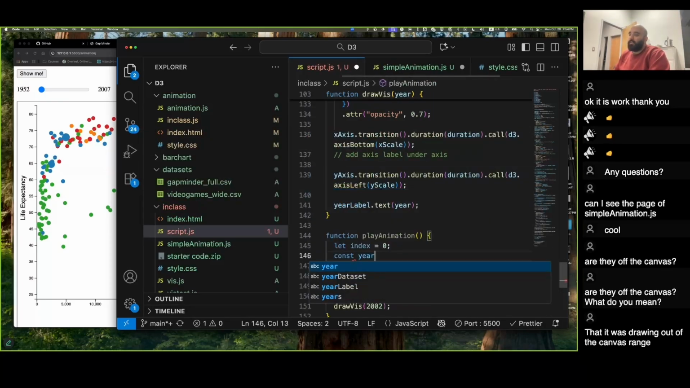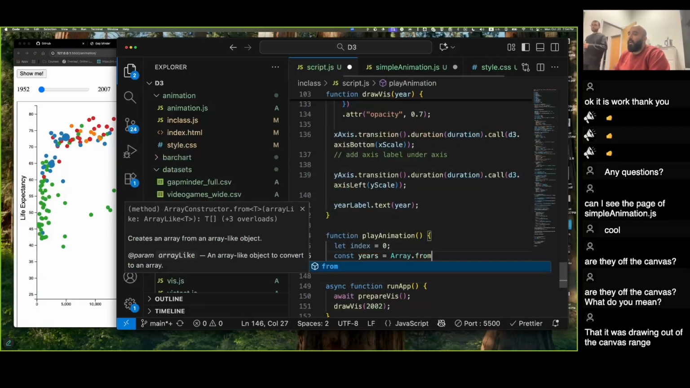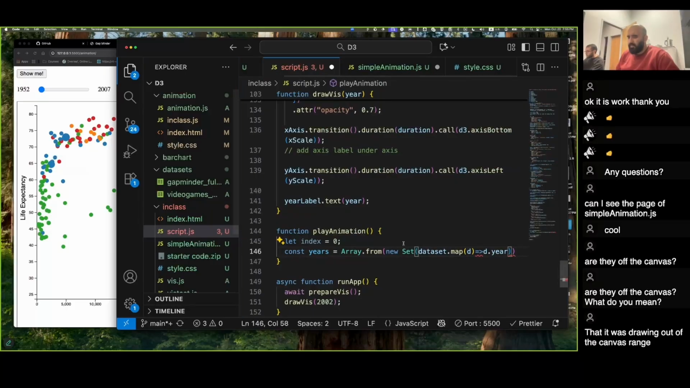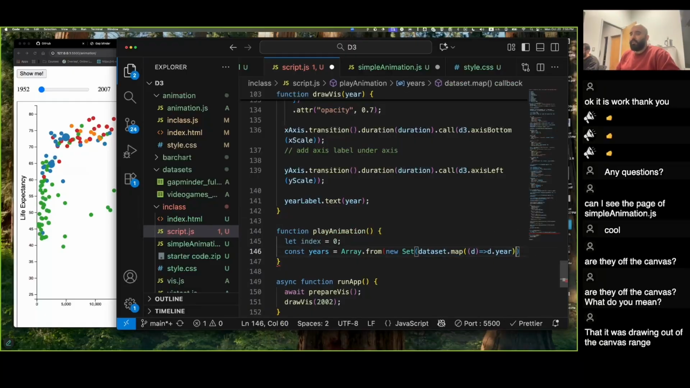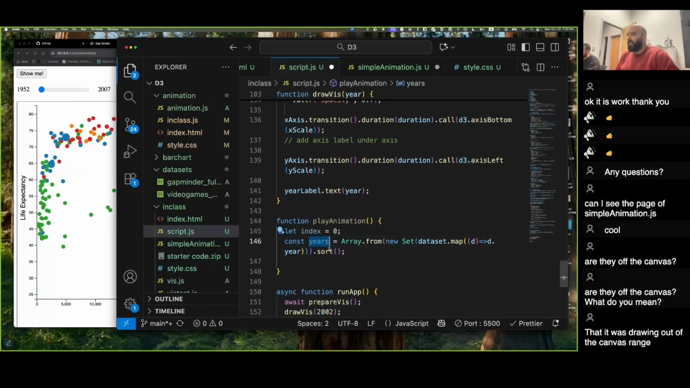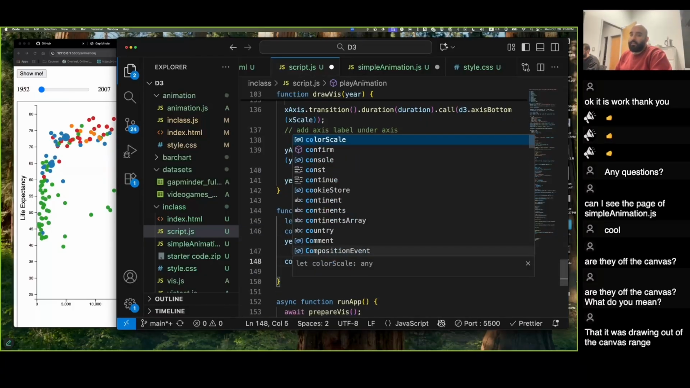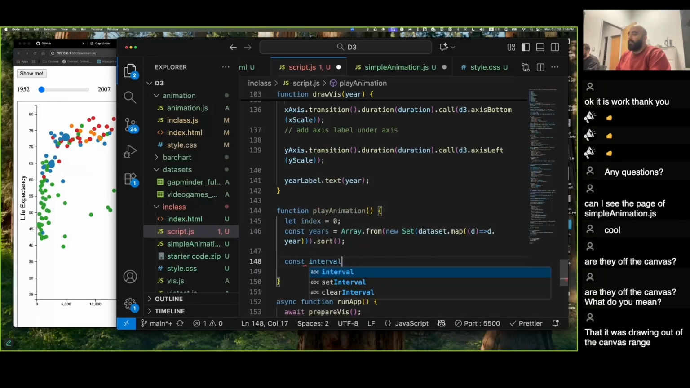And then we're just going to say, okay, years is, man, this messes me up. Map D. So we're getting all the unique years. Again, this is bad coding, so figure out a better way later. Then we're going to sort it. This gets us all the unique year in the correct order. Okay? And then we're going to say interval equals,